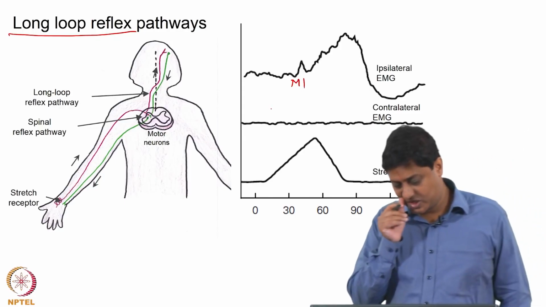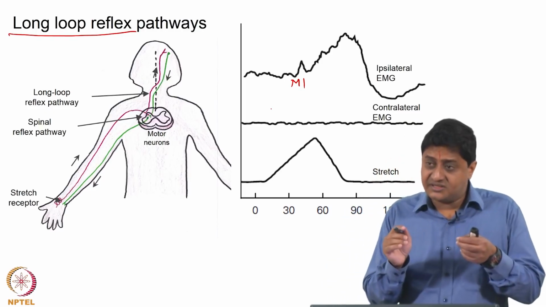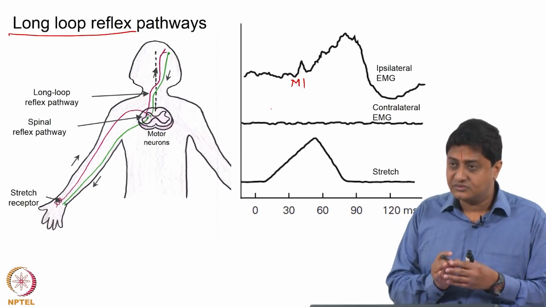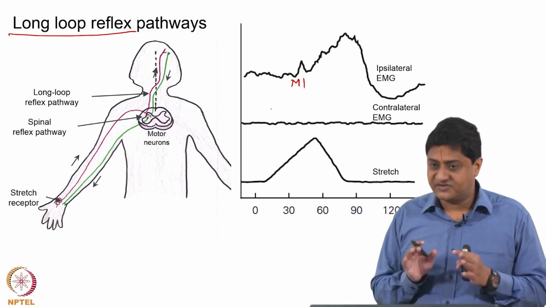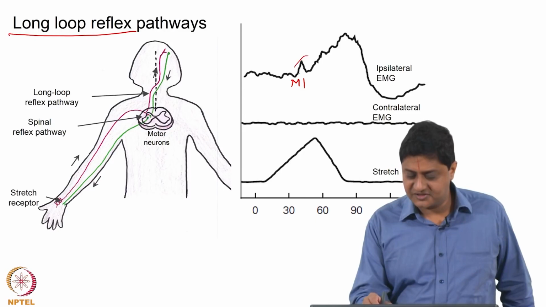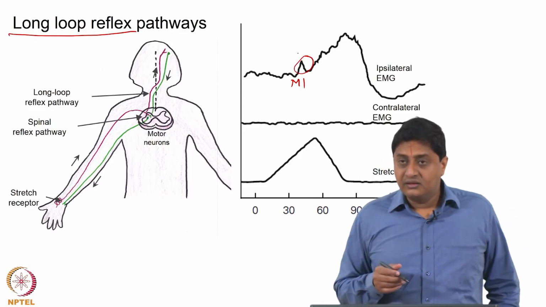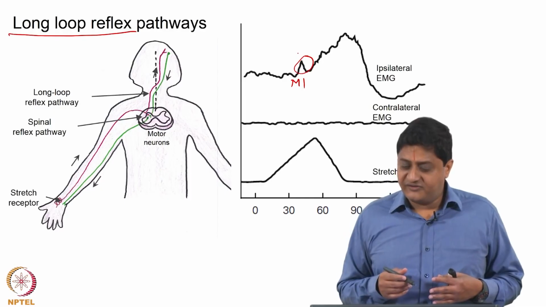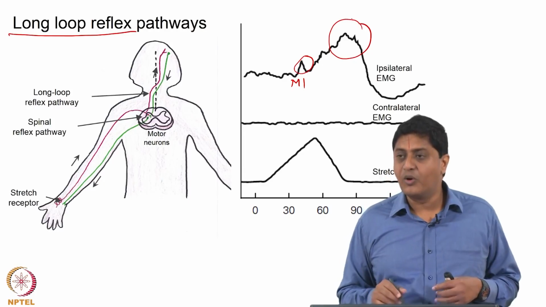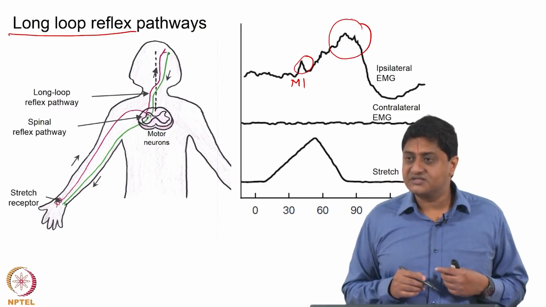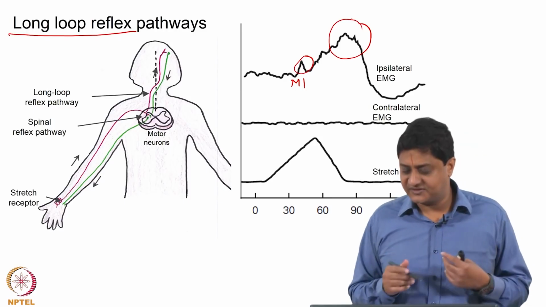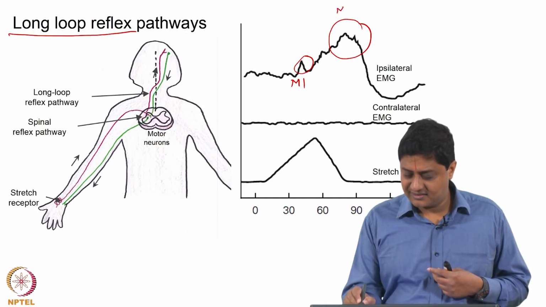Now, what is this M1? If the muscle is stretched, there is going to be an immediate monosynaptic response to contract that muscle, mediated by the 1A afferent system. So, the 1A afferent activates the alpha motor neuron and that response is found. Say for example, this is what we call the H reflex. But if it also continues, there is going to be an improved response, a more contextual response that is modulated by inputs from the higher centers, which is called M2